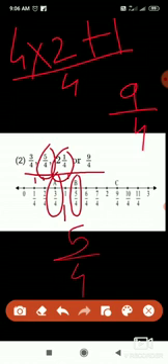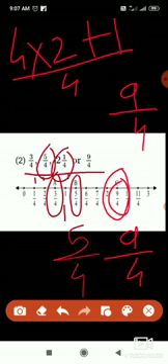Then 2 integer 1 upon 4. How do we convert it into an improper fraction? 4 multiplied by 2 plus 1, divided by 4. 4 2s are 8. 8 plus 1, 9 upon 4. So this point is the 9th from 0. This is the 9th mark. That's why we write here 9 upon 4. Understand, students? This is our practice set 11.